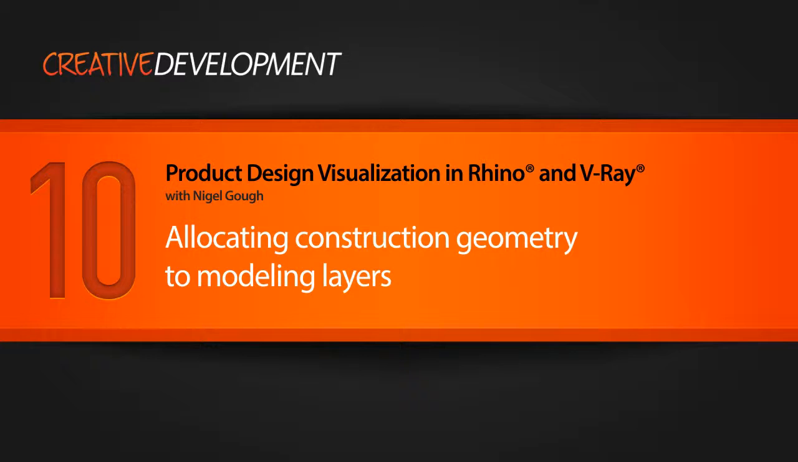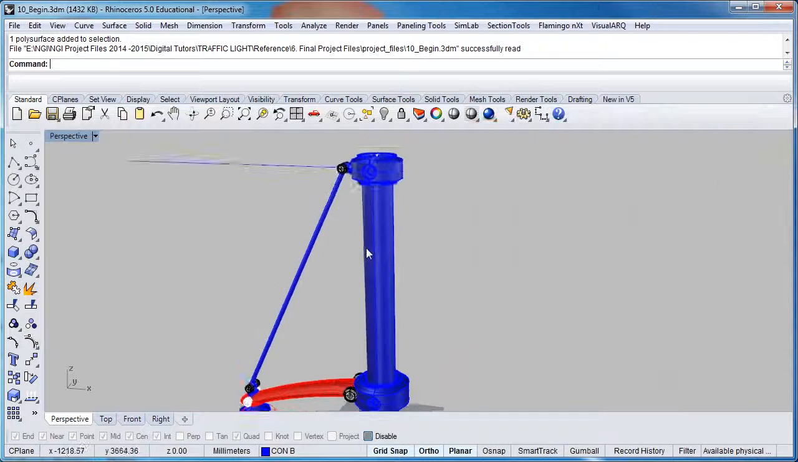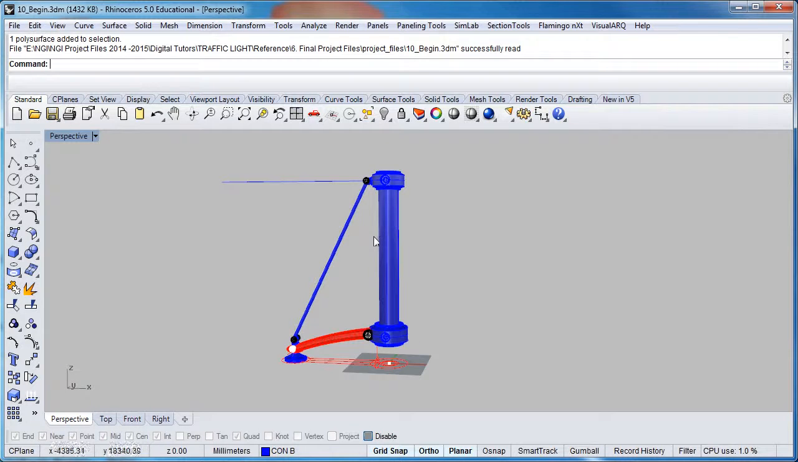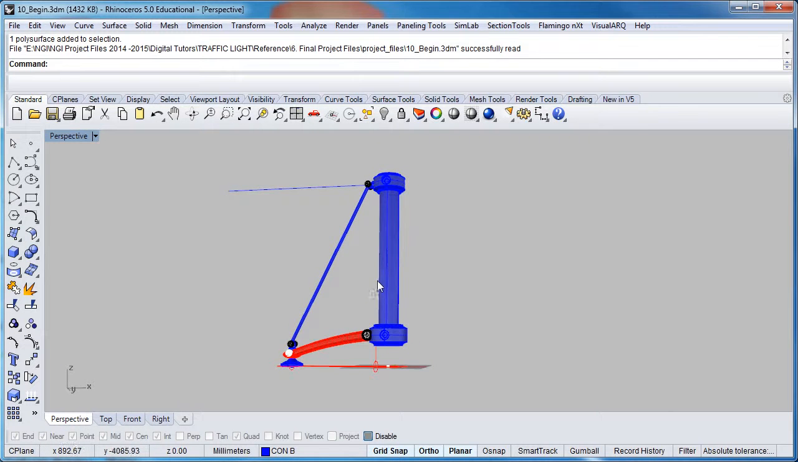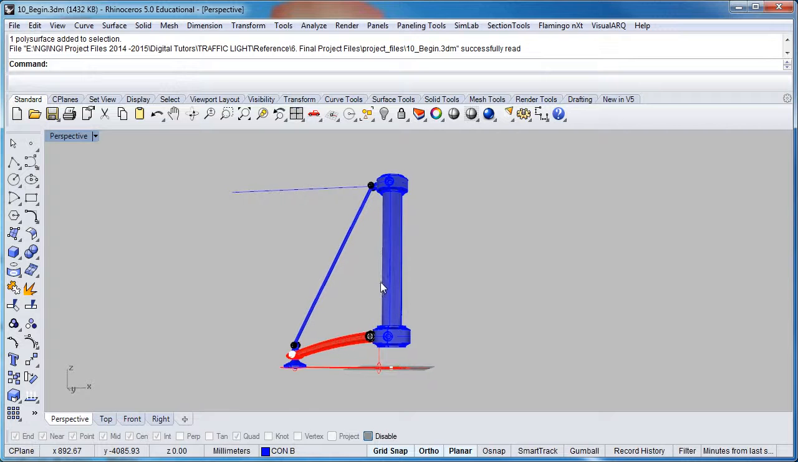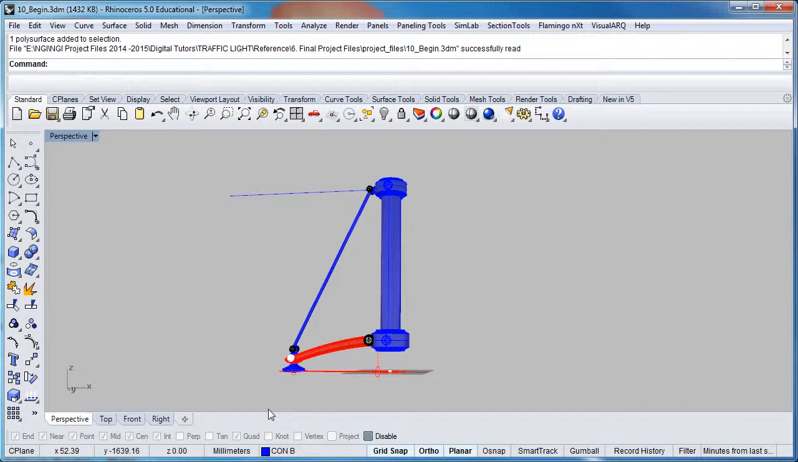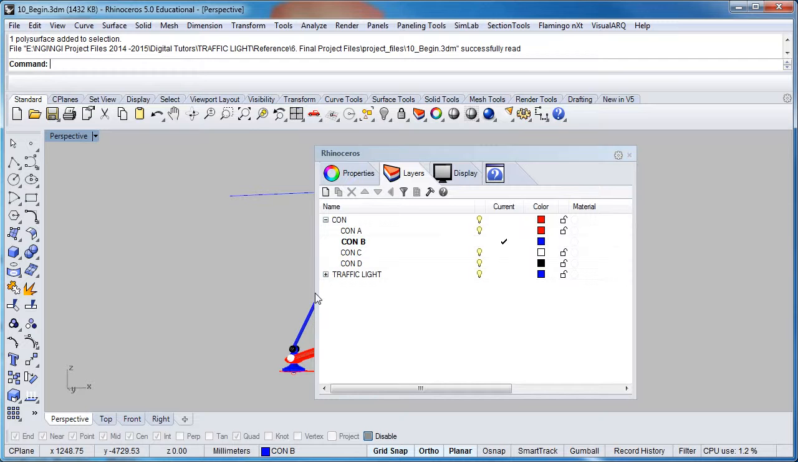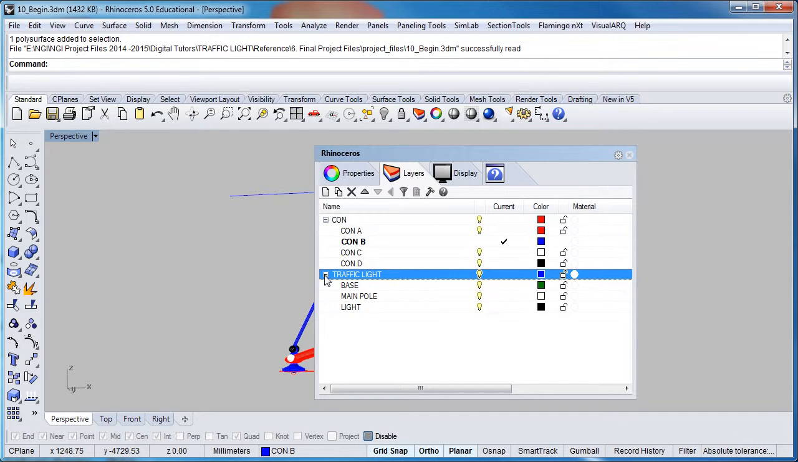Now that we've done the modelling of the top section here and refined the detail slightly, I think we're at an appropriate stage to start to allocate these construction geometries onto their final modelling layers. So we're going to revisit something that we did at the very beginning of the project. If we right click on our layer manager, you can see at the start of the job we set up the traffic light with the base,